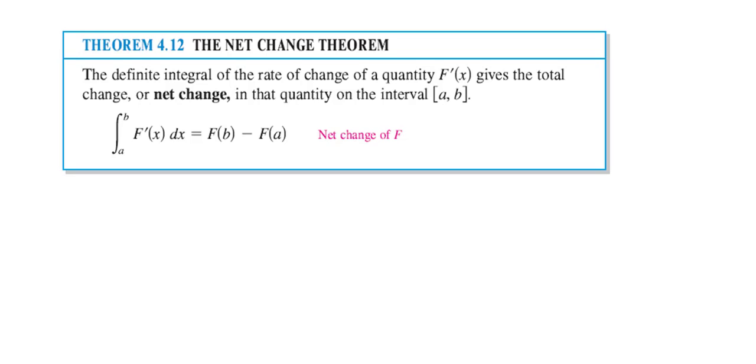Now, here's something new. Actually, it's not. That looks familiar, doesn't it? That's just the first fundamental theorem of calculus, right? Well, we use that first fundamental theorem of calculus to find other things, and one of them is net change. Okay, the definite integral of the rate of change of some quantity, capital F prime this time, gives the total change or net change in that quantity on the interval a to b. And then we know capital F is the antiderivative of capital F prime. So if this is the rate,